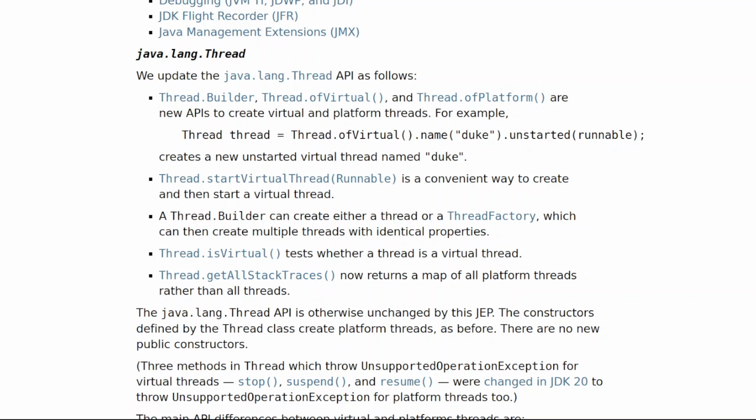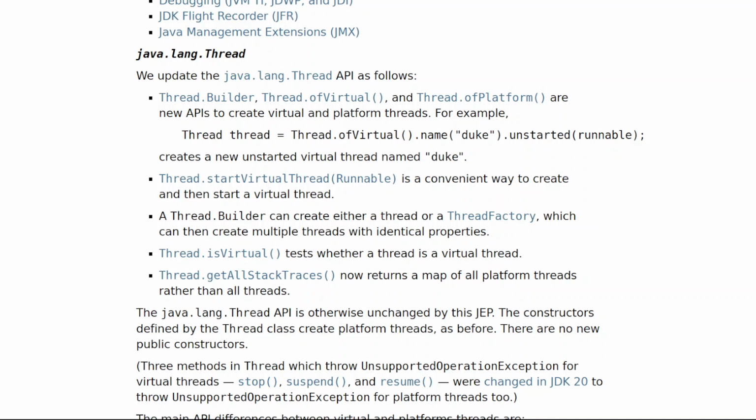Thread.startVirtualThread(Runnable) is a convenient way to create and then start a virtual thread. 3. A Thread.Builder can create either a thread or a thread factory, which can then create multiple threads with identical properties. 4. Thread.isVirtual tests whether a thread is a virtual thread.